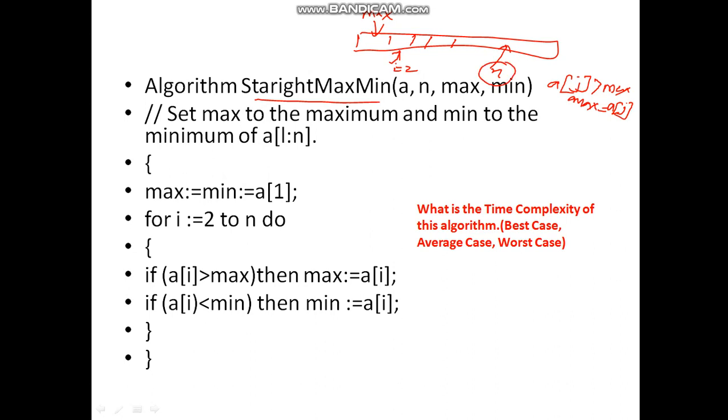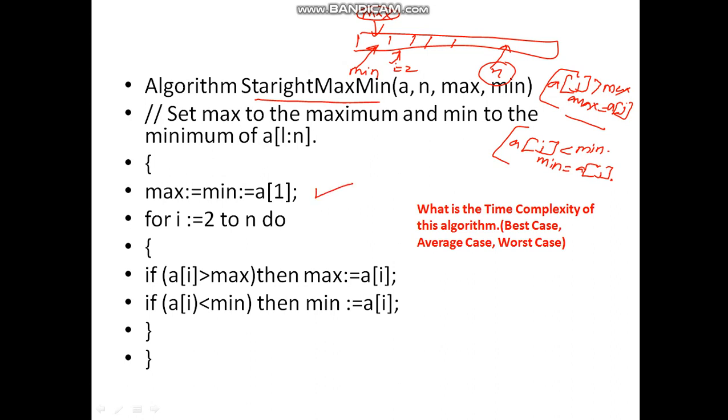In this way we can find the maximum number as well as the minimum number. For that purpose, instead of initializing the first value to max, we initialize it to min, and then for any j between 1 to n, if a of j is less than min, I will assign this value to min. Okay, something like this. You can write two different programs for this, but in this particular code we are combining both of them.